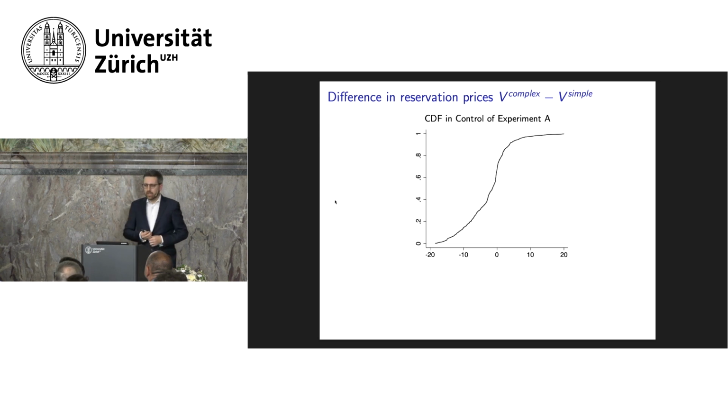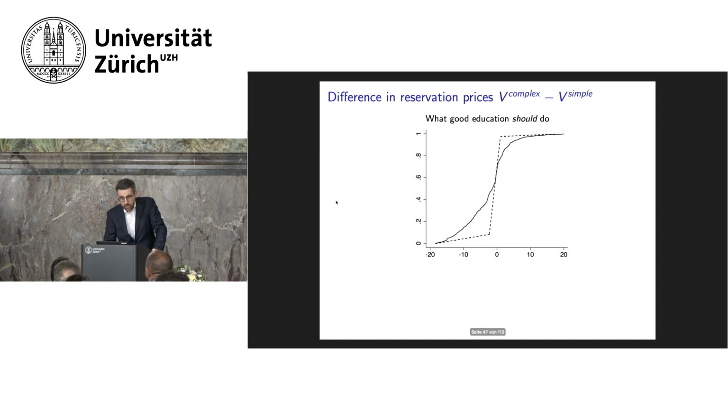So if, when I ask you about $20 in 70 days, you tell me that's worth $15 to me, and for the investment you tell me I think that's worth $10 to me, then you have a difference of 5. So in this case, you'd be located at -5 here. You undervalue the investment. And what you can see from this graph is that about half the people undervalue the investment, but about half the people are either close to correct or overvalue the investment.